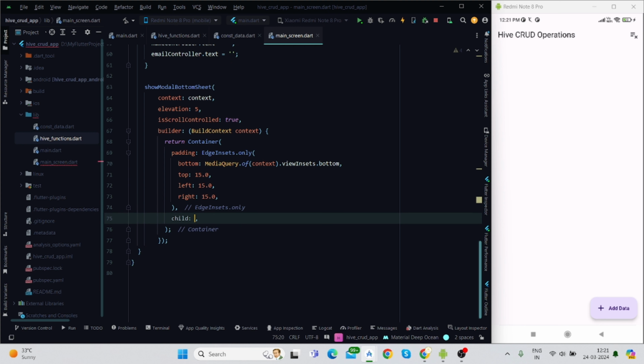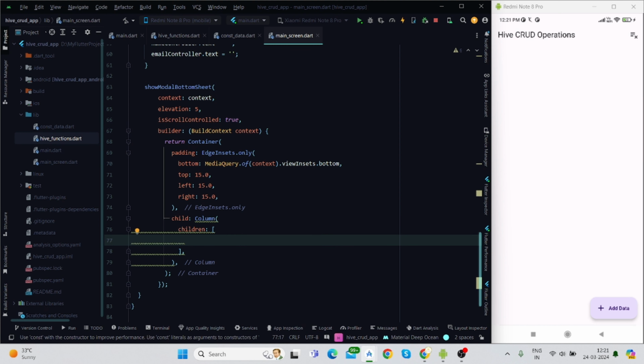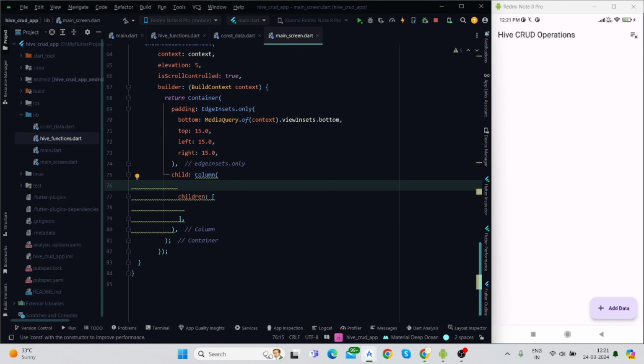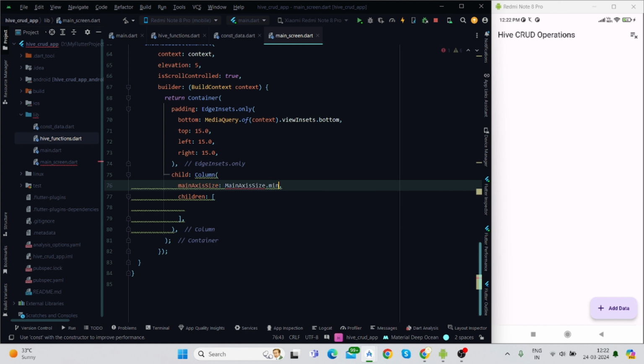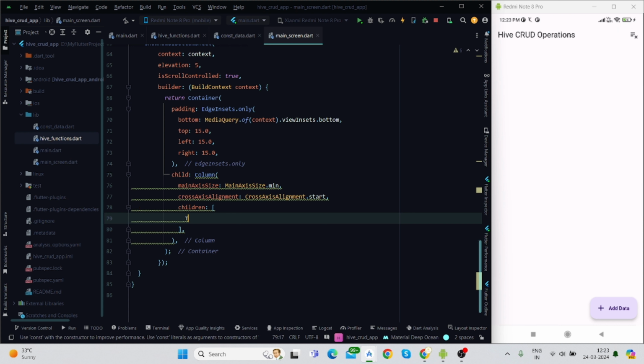And as a child, I'll use here column. Children, but before that, let me add some properties of this column. Main axis size dot min, and cross axis alignment start. And inside children, use text